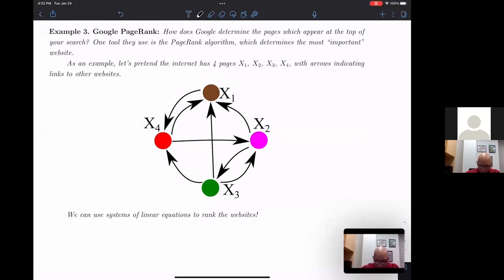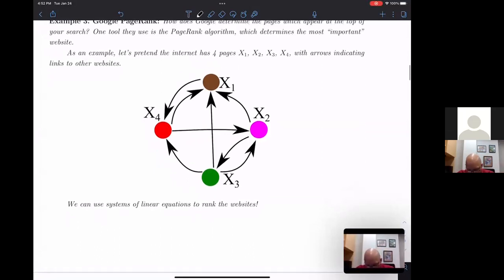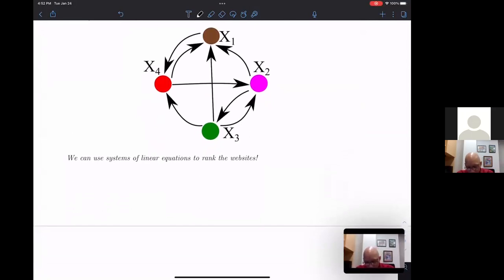So let's find out. Just as a review, the way we want to think about this is, in order to determine the rank of a website, we want to say that the rank of a website is equal to the sum of the contributions from the other websites. So for example, the value I assign to X1: if I look at X2, X2 is lending some of its users to X1, and in fact, it's giving half of the users, because there's an arrow going up from X2 to X1, but there's another arrow going down. So I get half of X2,